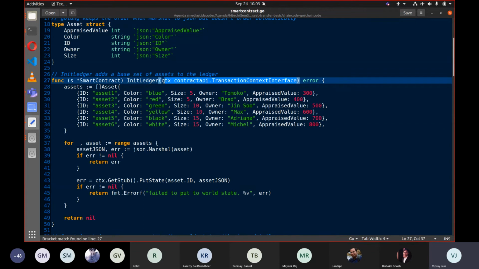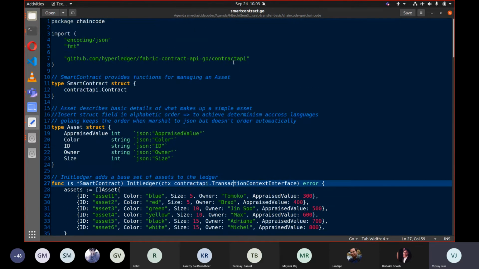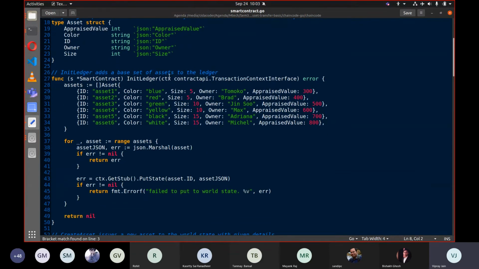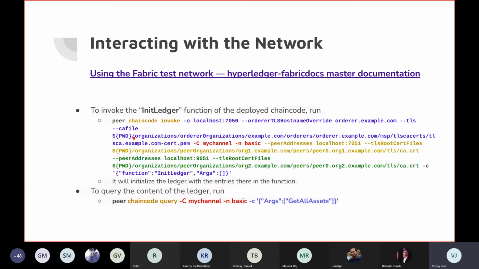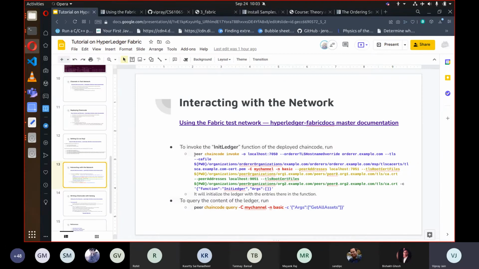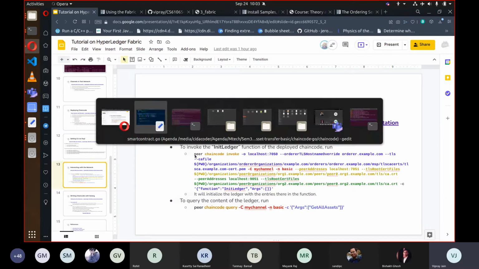It just takes a single argument, the contract API context which we have already imported here, so we need not provide it from the outside. So I will show you by running this command.